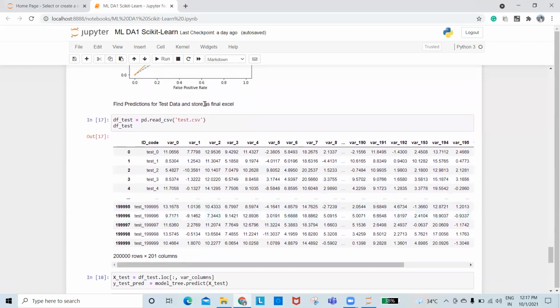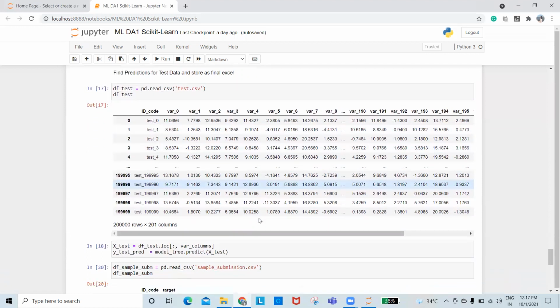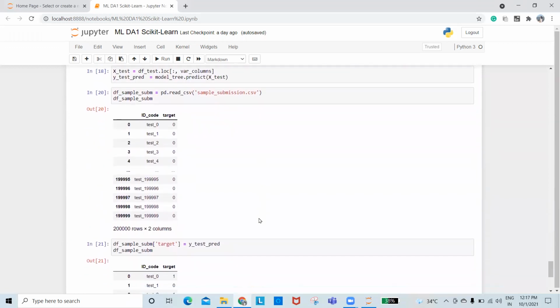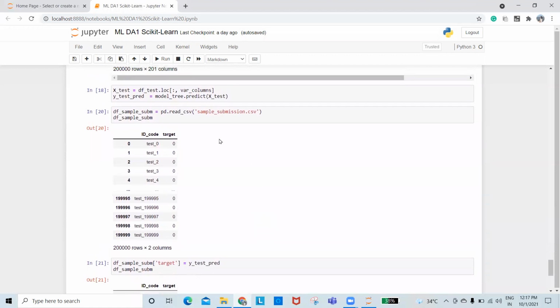So we load the test.csv into the pandas dataframe, which doesn't have any target, and find the value of y for the test data. We also read the sample_submission.csv file into a pandas dataframe.